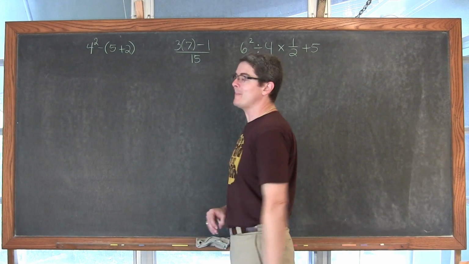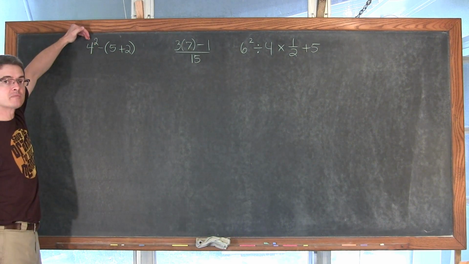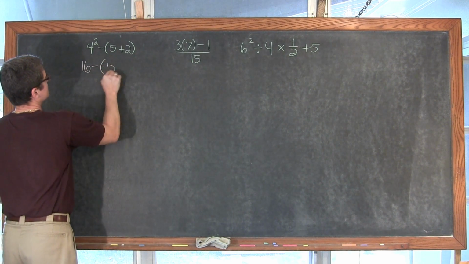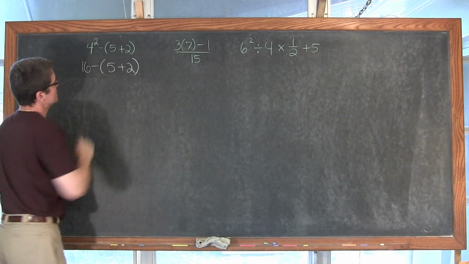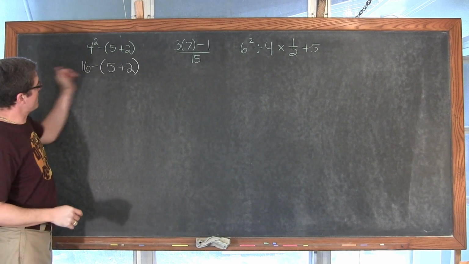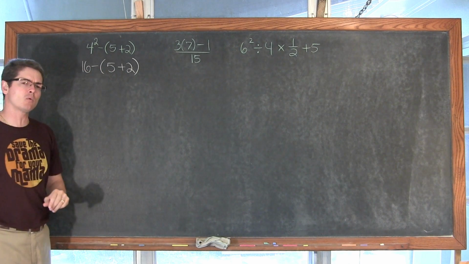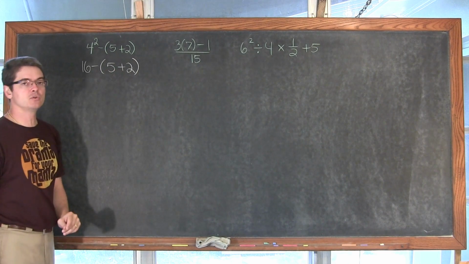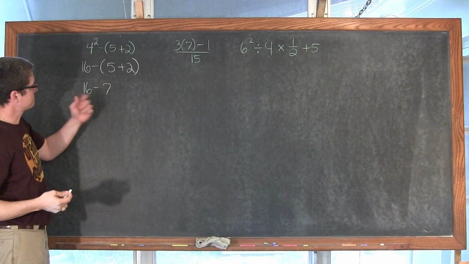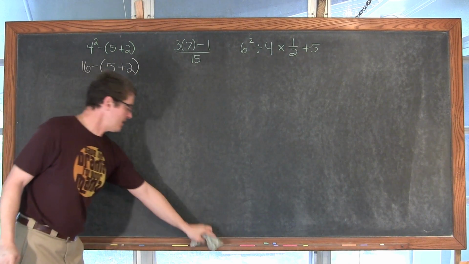We got 4 squared minus 5 plus 2. Of course, we're going to take care of our exponents first, so 4 squared is 16. We got our parentheses in here, and if I read this left to right, I would want to do 16 minus 5 and then add the 2, but with the parentheses, we got to work in there first, and 5 plus 2 is equal to 7. And then finally, oh, and by the way, it is a positive 7 in there.